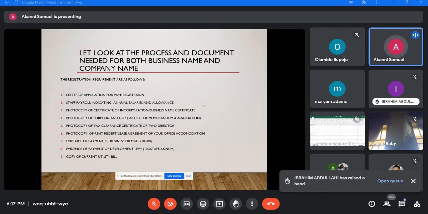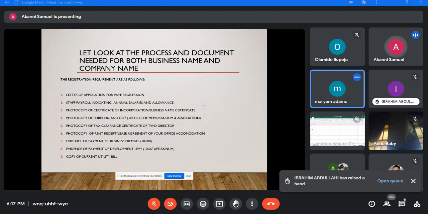The first step you need to take as an accountant is to write a letter of application for PAYE registration, which is going to be sent to any LIRS in your locality. If you are in Surulere, there is an LIRS in that locality that you are going to address it to, depending on the area your office is located. I hope that is clear. Also, in that letter, you're going to need to attach a payroll staff list. Let's assume in your company you have 50 staff. So you are going to give LIRS a list of all the 50 staff, the gross amount of what you are paying them,